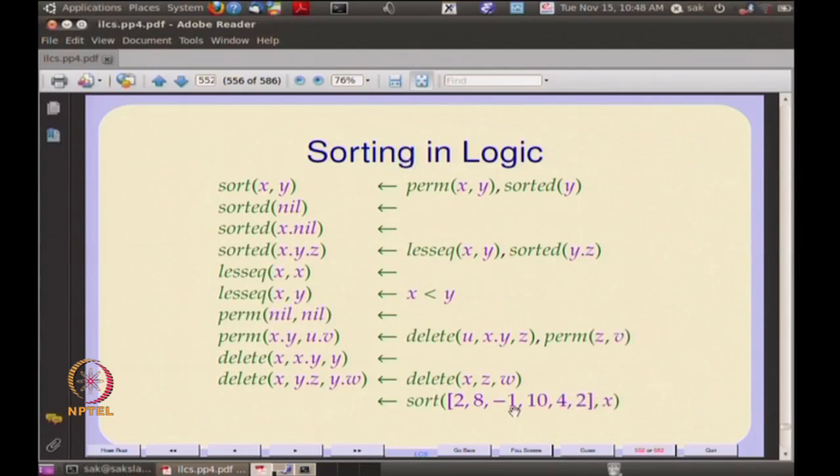unify this X with this set containing 2, 8, -1, 10, 4, 2, and that automatically labels X as a list, let us say. Okay. So, it unifies. So, I have this variable X, right. So, let us say I do not know, 1, 2, 3, 4, 5, 6, 7, 8, 9, 10, 11, let us call this X11. So, X11 will be substituted for Y1 as